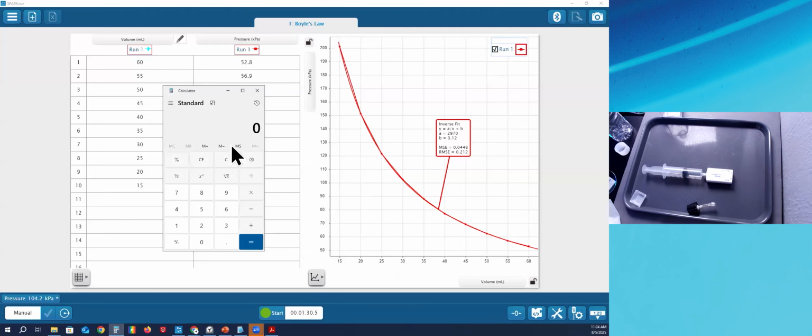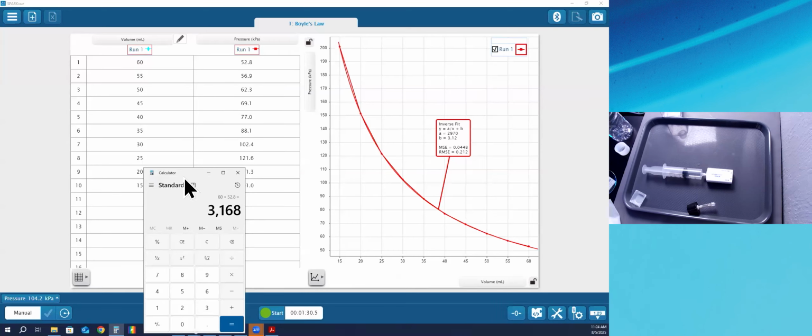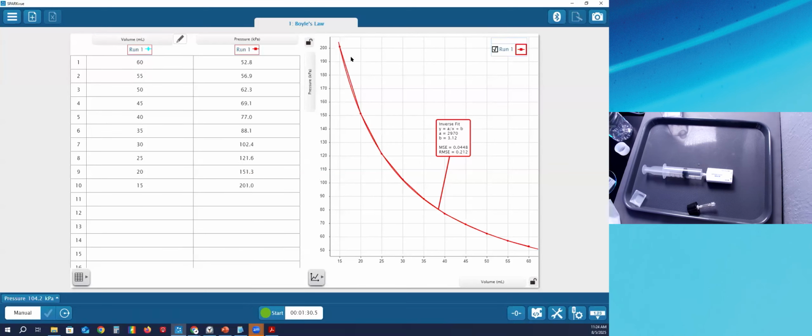When you take 60 times 52.8, you get about that number. 2970 is really close to 3168. What happens when I do 25 times 121.6? That 3040 is very close to 2970. Okay, so that means I can use this line to predict: if my volume was 28, what would the pressure